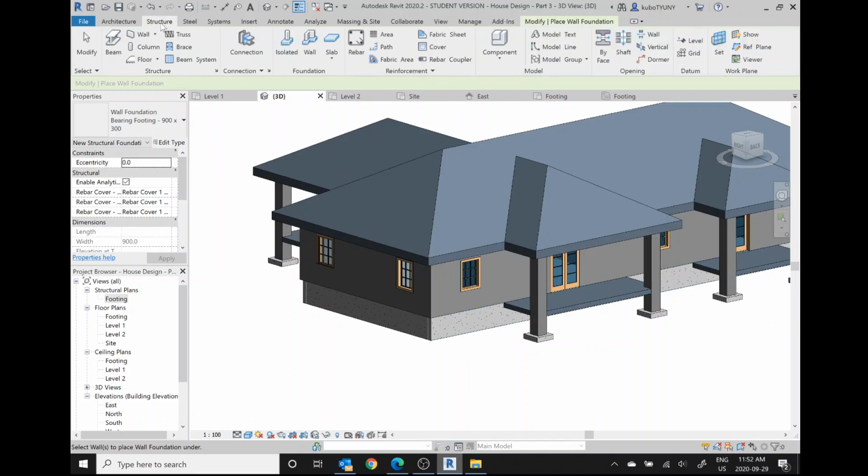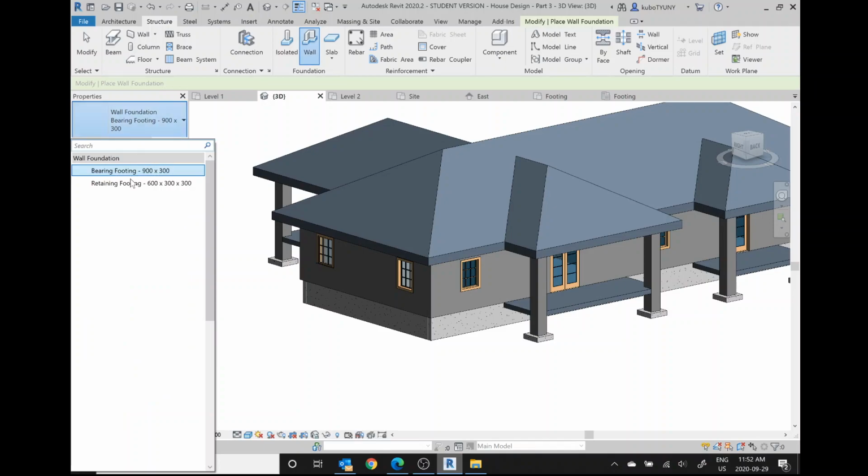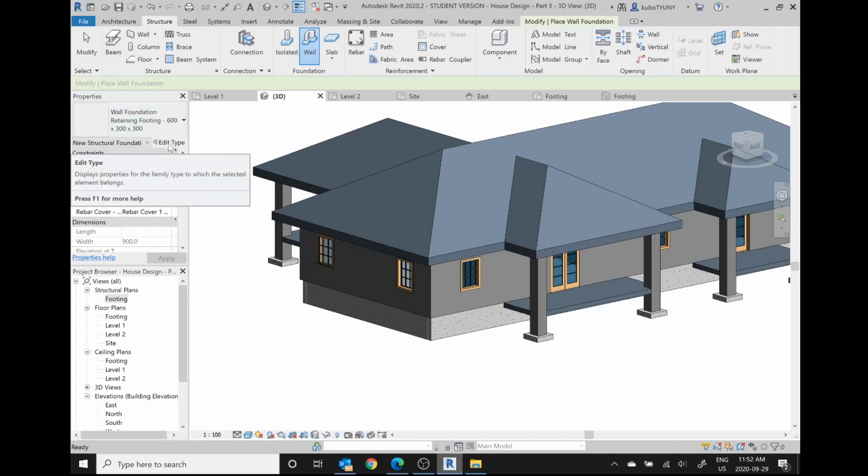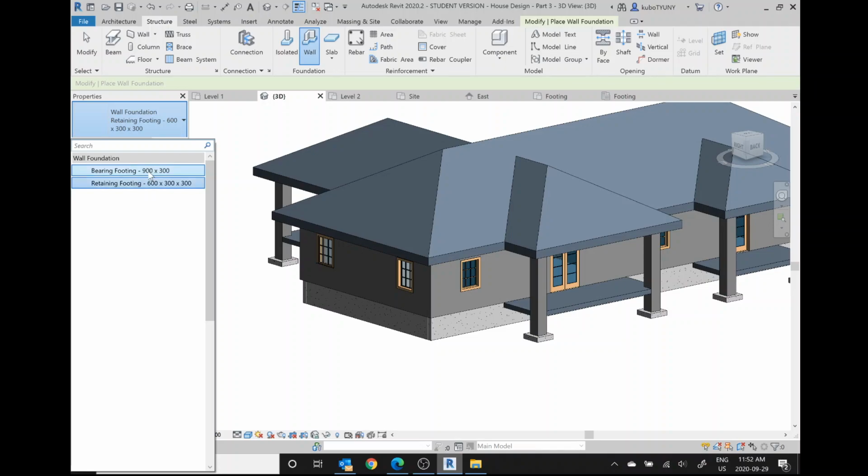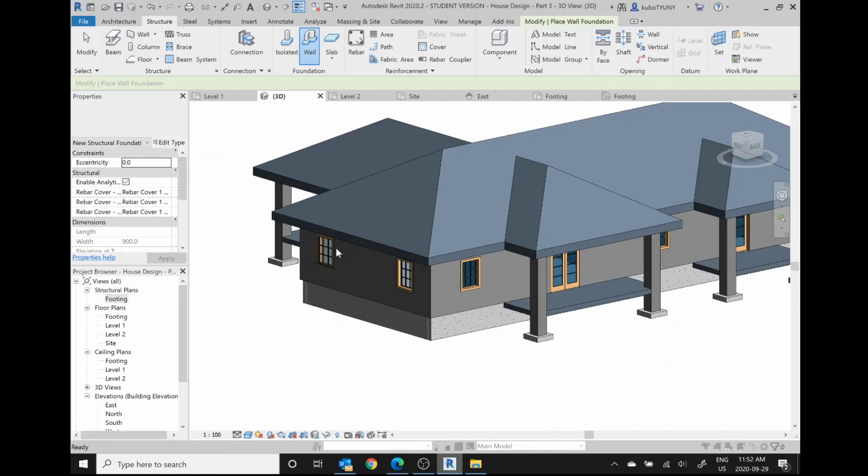So go to the structure button, wall. Now there's a couple here. These are all too big for us, so we're going to change it. Let's go to retaining footing, 600 by 300 by 300. No, let's go to the 900 by 300. Hit edit type,